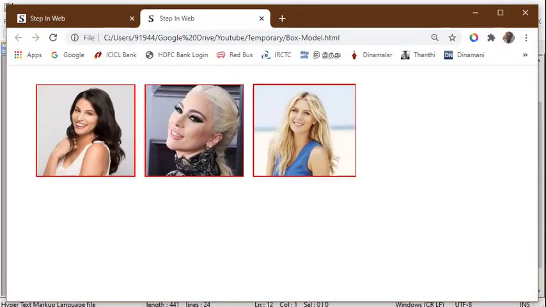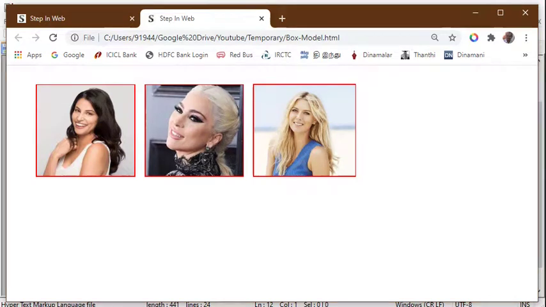When you move the image by position relative or absolute, definitely we can't avoid the overlapping of images one on another. So while overlapping, you have to decide which image has to be fully visible on the screen and which image will go to the backside of the other image. For that reason, the z-index has to be used in the HTML code. By default, the z-index will be 0, then all the images will be maintained in the same layer. Whenever you put a -1, that image will go behind the other image. If we put a +1, then it will come in front of the image.